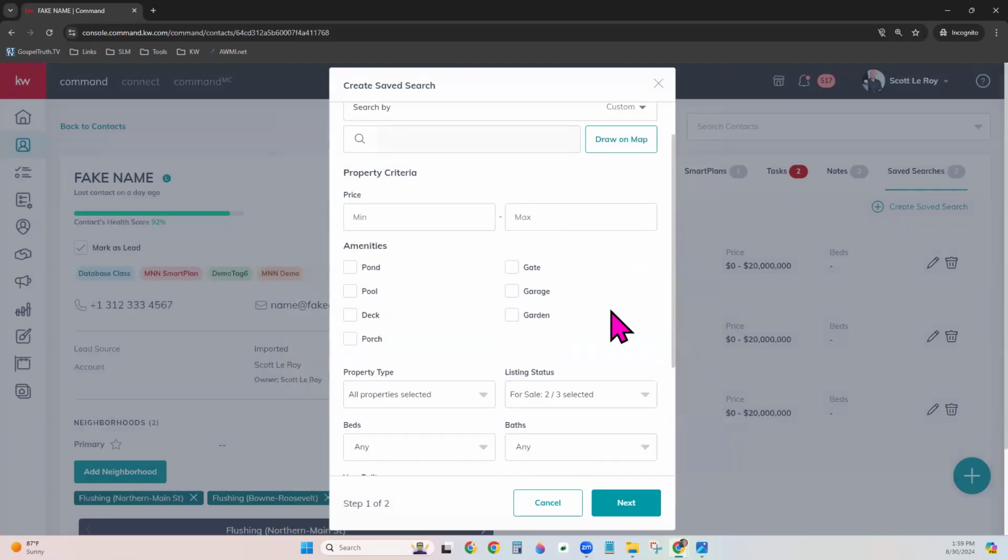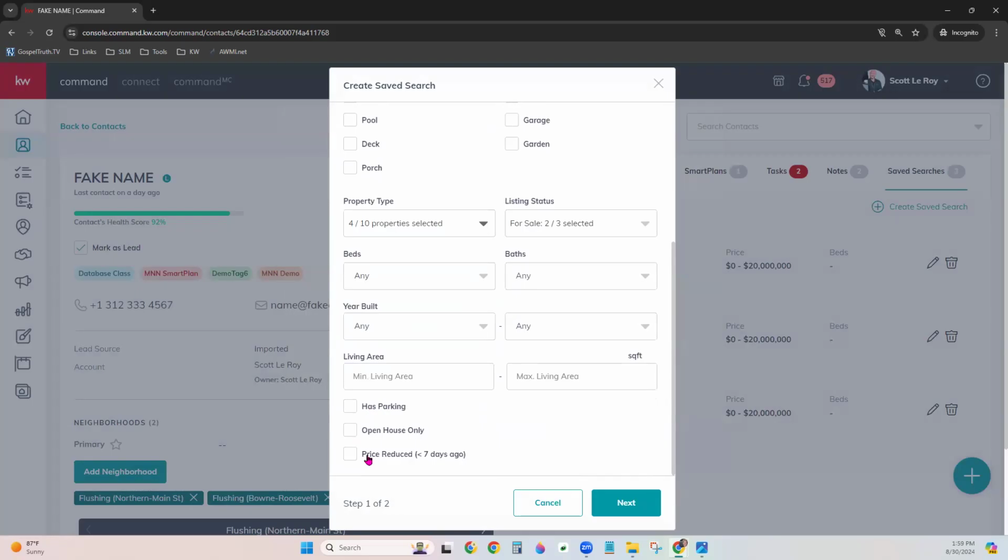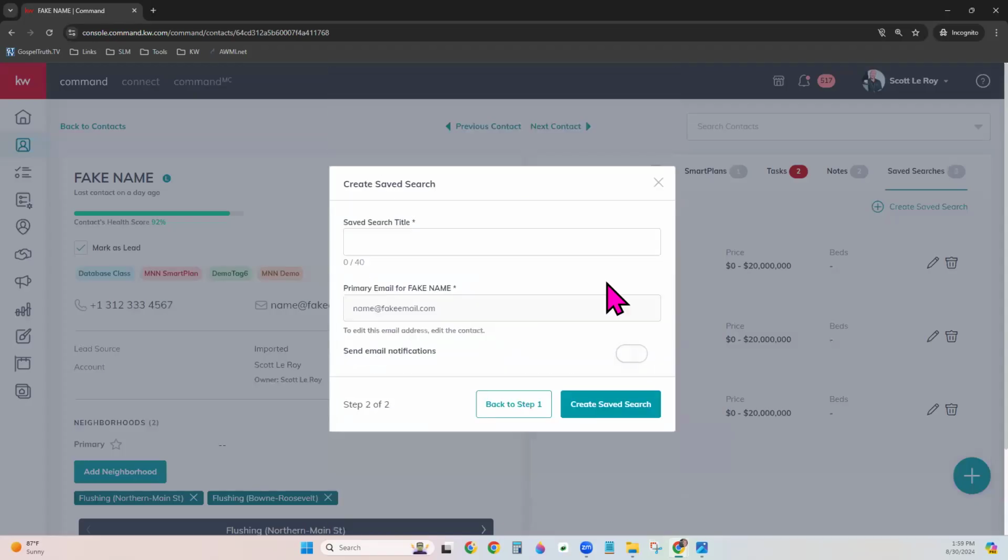And now you would set the criteria down here, whichever they want. You have fewer options than what they have within the app, just FYI. They do have more options, but you still have the open house and price reduced if you want to choose those, and click next. You name the saved search for them,